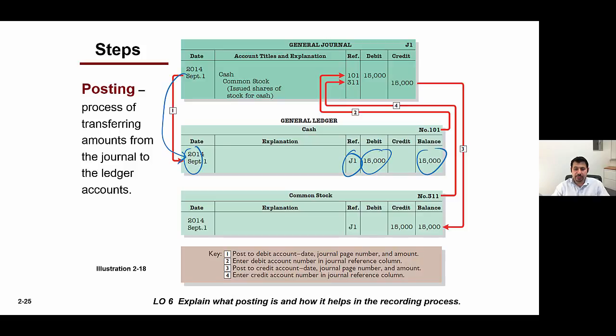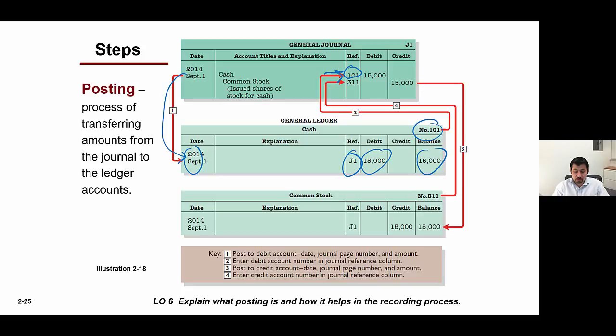Then the second step is we take this number here, the account number, and we put it in the reference column of that transaction. So for that account, we take the number and we link it under the reference